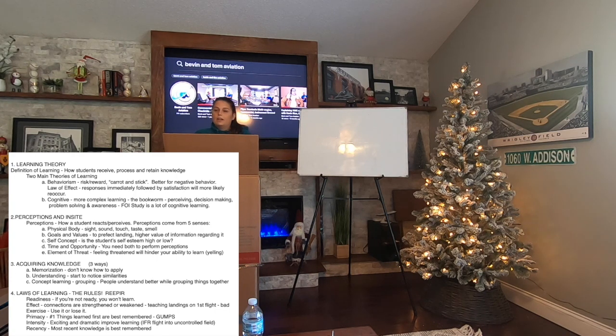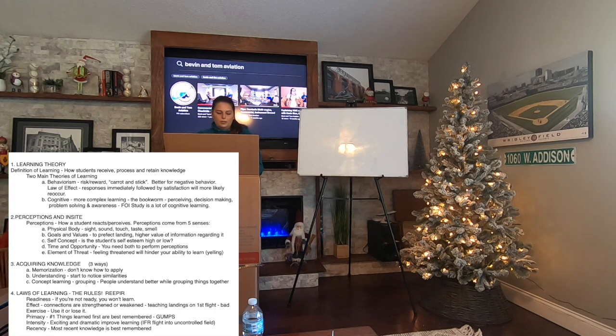As instructors, it's up to us to help form the right perception for the student. So when you're doing power on, power off stalls, maybe a few lessons in, you want to tell them, this isn't a bad thing. This just means, hey, look at your airspeed, lower the nose, recover. You're not going to fall out of the sky, which they might think right away, which could be a fear as well. Physical organism, this is the student or the instructor who is creating this perception using your 5 senses.